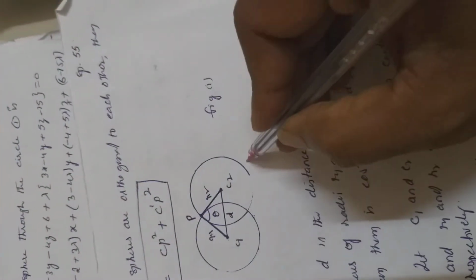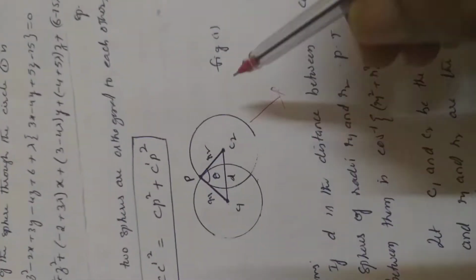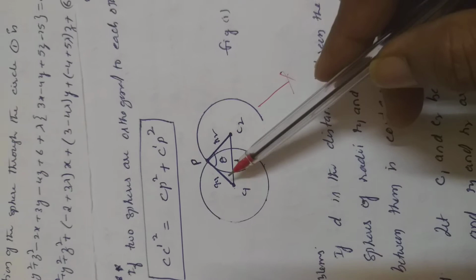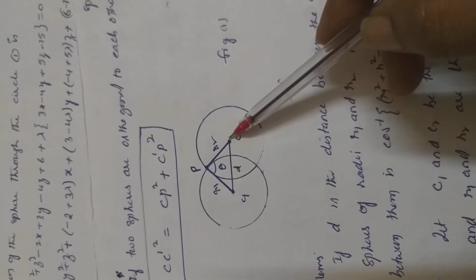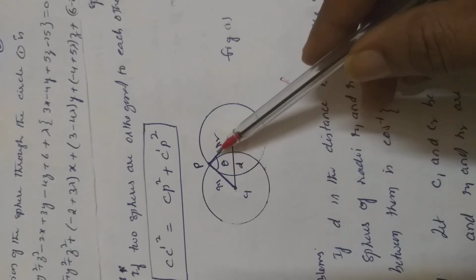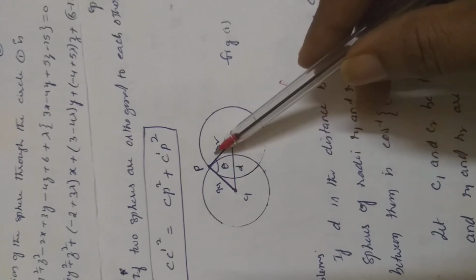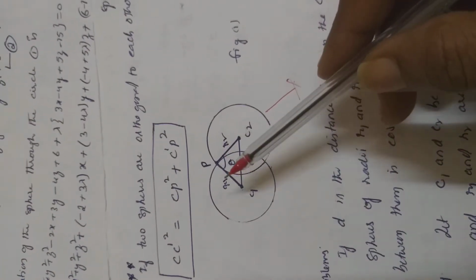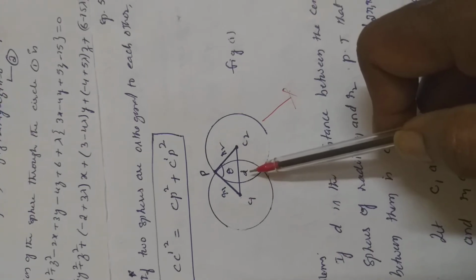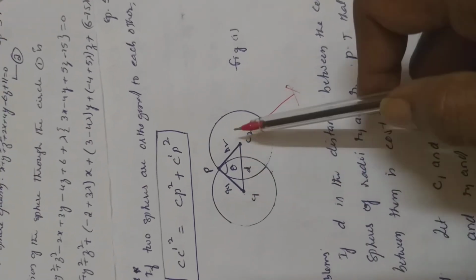Now, here this is the diagram. You can use this diagram over here for this problem. Now, this is the center of the first sphere whose radius is R1. This is the center of the second sphere whose radius is R2. Right? This is the angle between the two radii. This is nothing but the angle of intersection of two spheres. This is nothing but theta, where D, this small d, is the distance between the two centers.